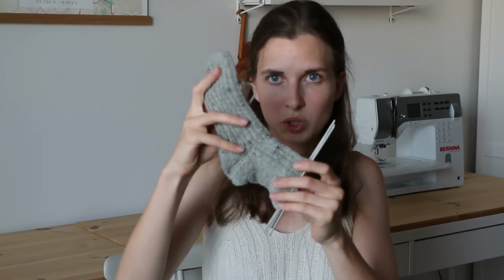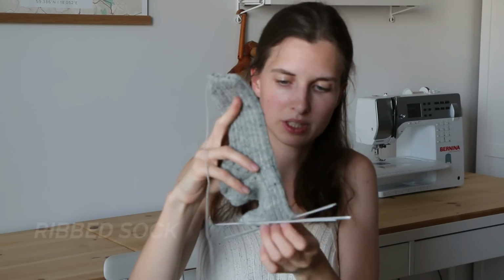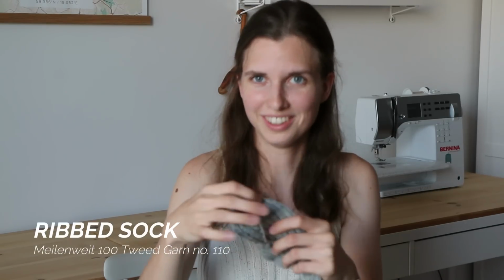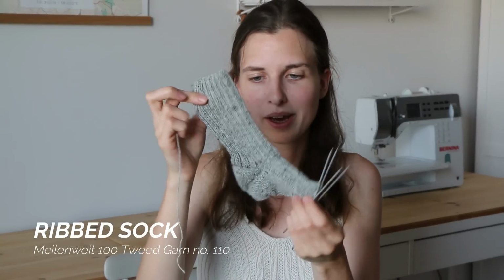This is also a sock. It is the same yarn as the other one, but in grey. It's a Lana Grossa Meilenweit tweed sock, superwash sock yarn. Here I am knitting a rib sock